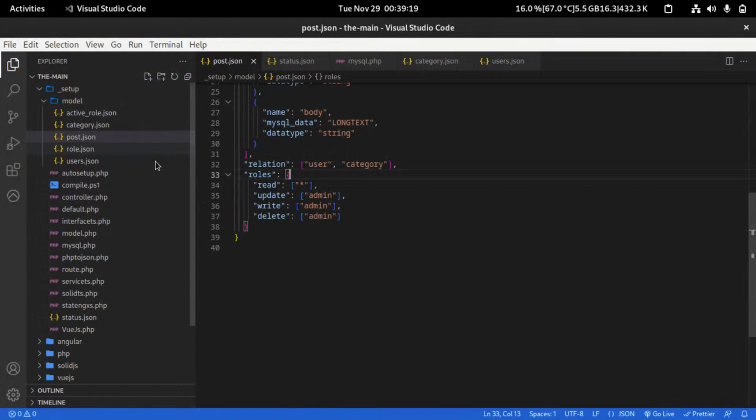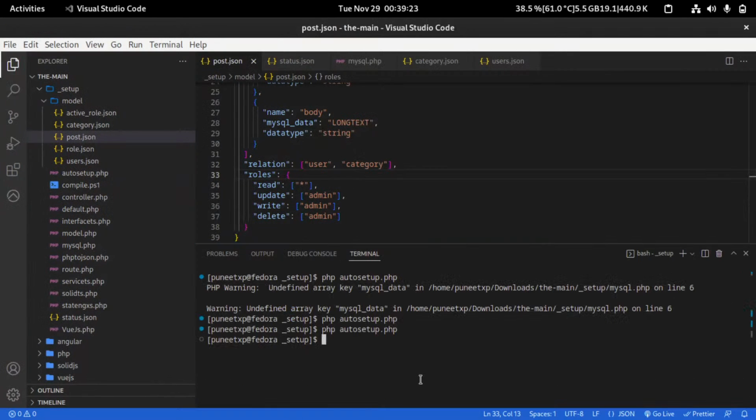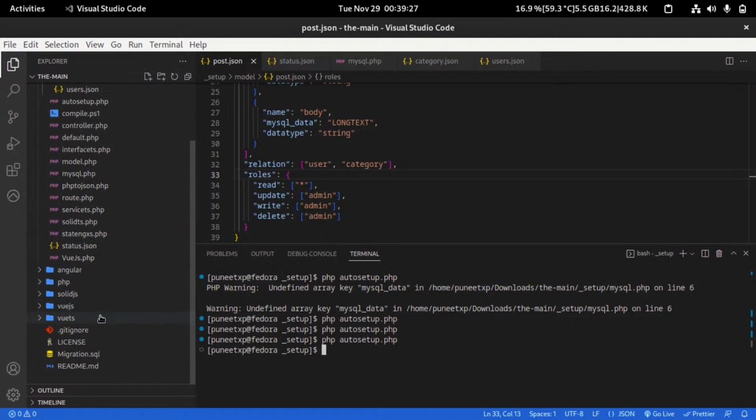So if I move this, and also this should run. But think about it here. One more thing, that you have to use some kind of